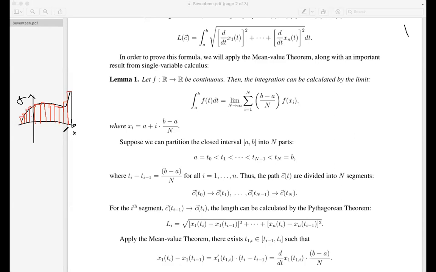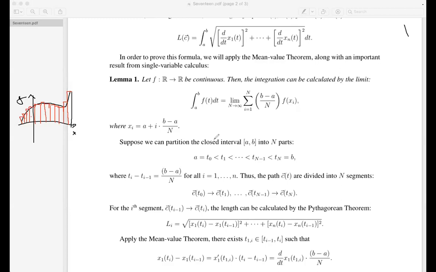Okay, and the lemma basically says that if the number of rectangles is larger and larger, we're taking from 10 rectangles to 100 to 1,000, all the way to infinity, the sum of the area of these rectangles will eventually equal the area under the curve. Okay,